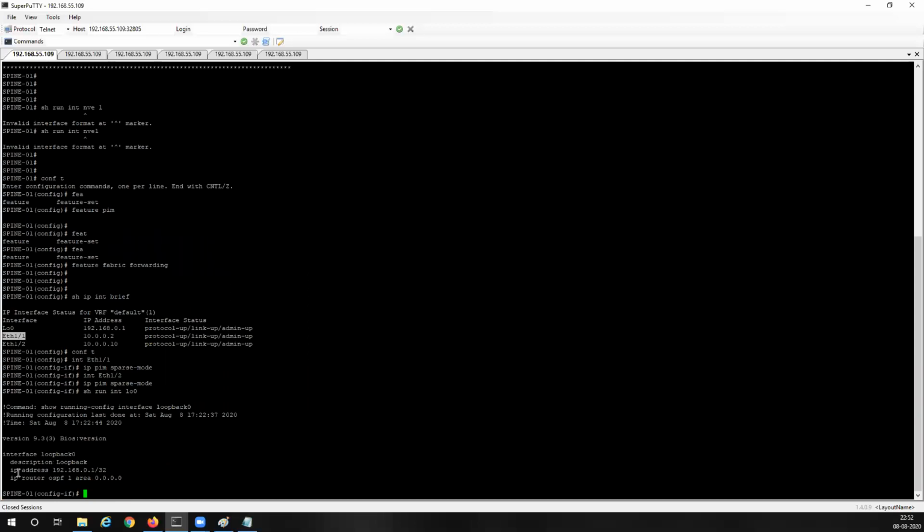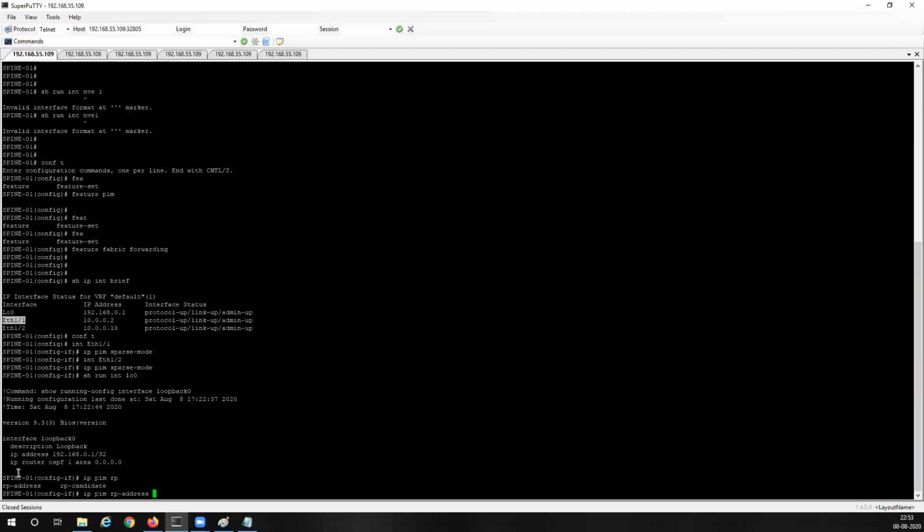Let's make 0.1 our RP. IP PIM RP address 192.168.0.1 for the group list 228.0.0.0/24. So the multicast, we specify the multicast group. For this particular multicast group, the RP address is going to be 192.168.0.1